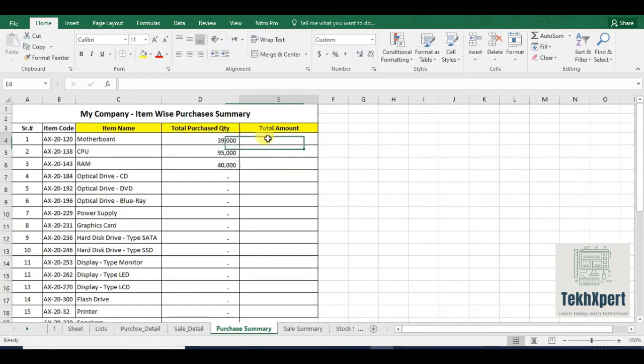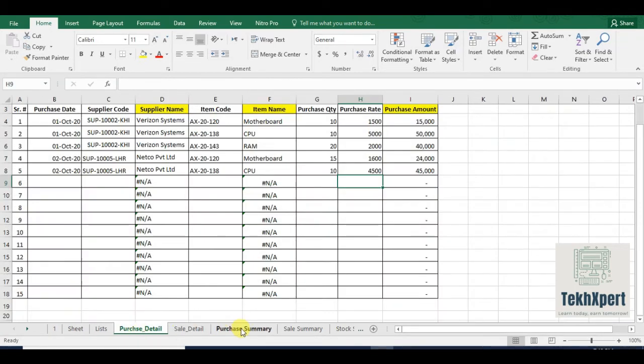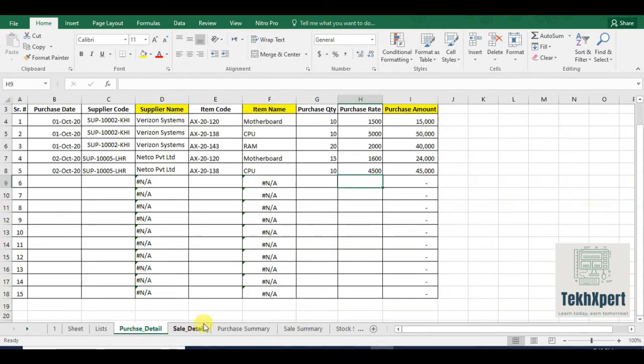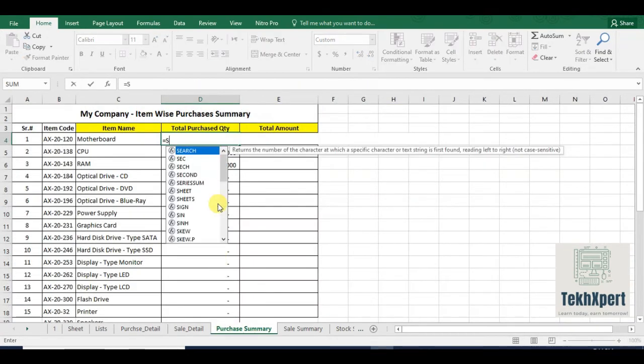Let's move to total amount. Oh, here I have made a mistake: I am getting the amount instead of summing the purchased quantity. Let's revise this function.